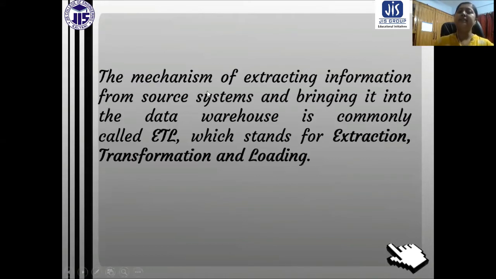The mechanism of extracting information from source systems and bringing it into the data warehouse is commonly called ETL. What is the source system? The source systems are data from various sources.